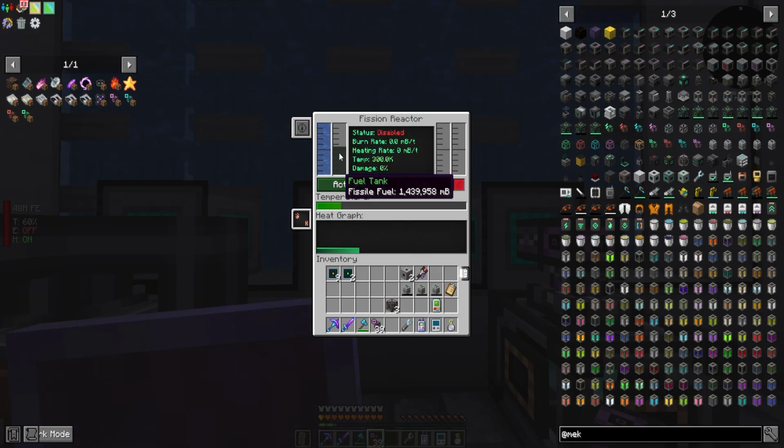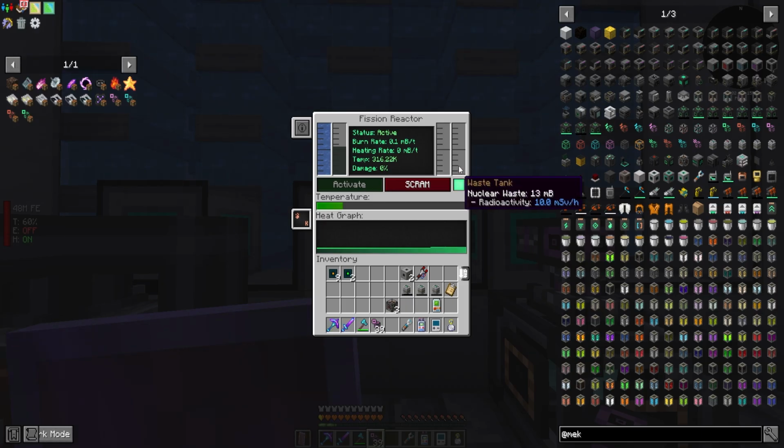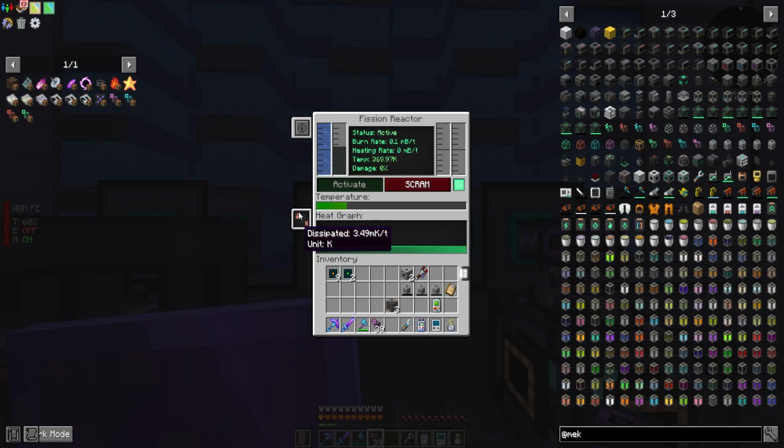So yeah, we now have the fissile fuel in there. Looky there. We got fissile fuel in. We got water in. I'm going to hit activate. And this thing's going to start generating some power. Or not power. Let me get that back. We're not generating power yet. What we're doing is we're burning up the fissile fuel and converting that into energy in the form of heat. What's left over from the fissile fuel is coming back out as nuclear waste. So really what we're doing right now is generating nuclear waste.